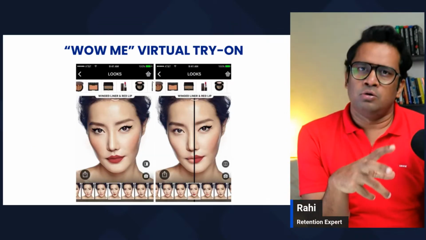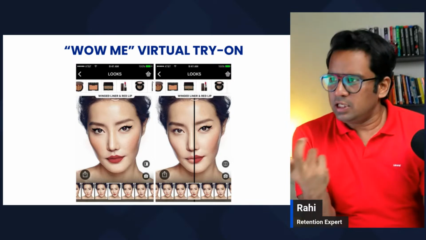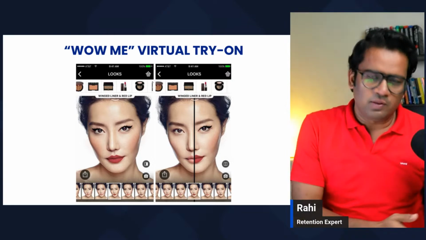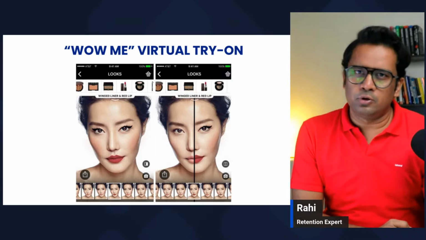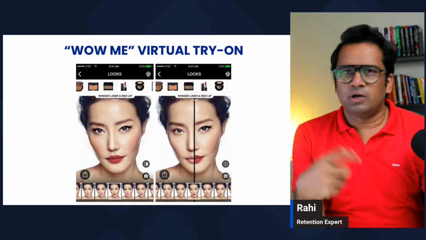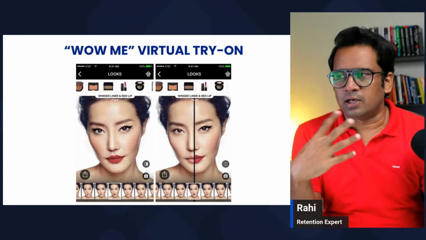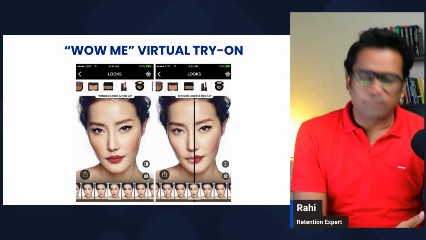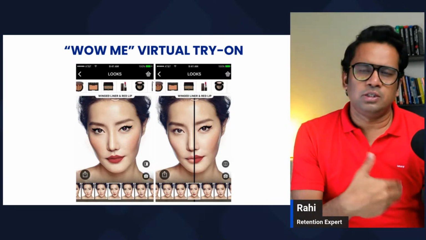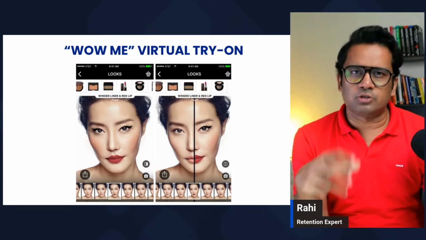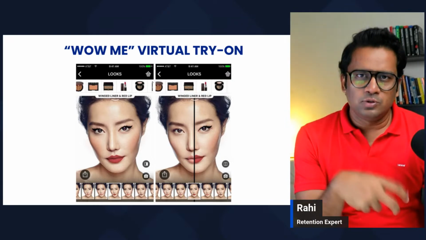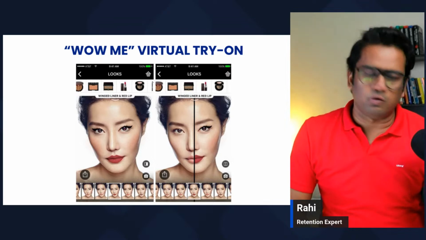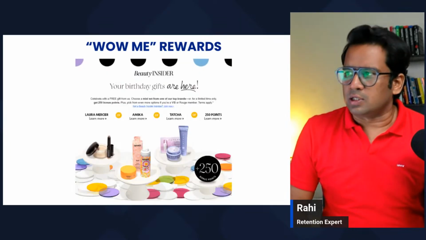Once they have this information, then they have functionality where it improves your experience. Like if you upload your personal photo on the website, then they will give you a virtual try on. So you can try out different shades and have a look. That's a great example of using zero party data to enhance the customer buying experience, using the data or information shared by the user to enhance their experience.